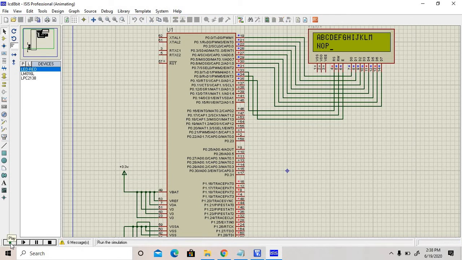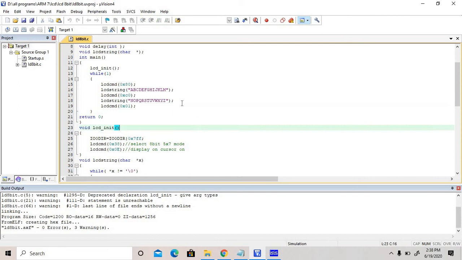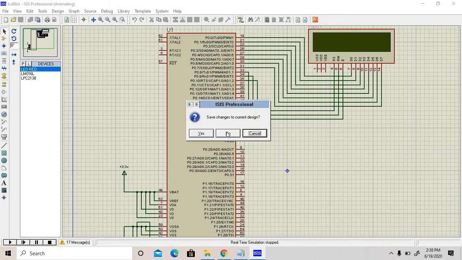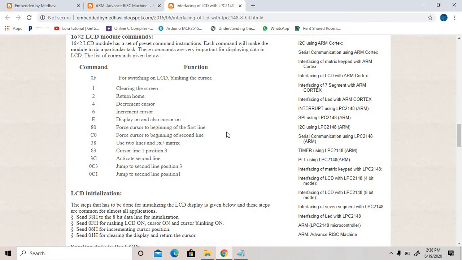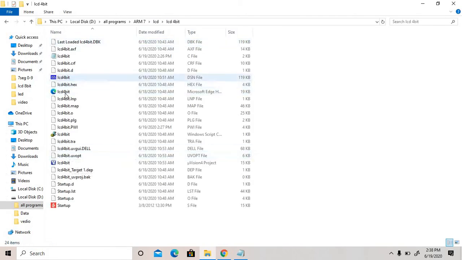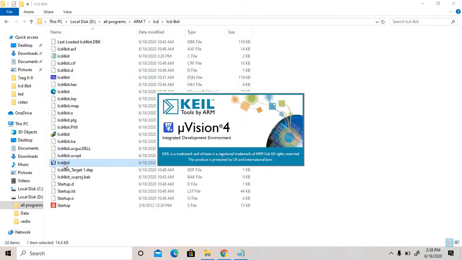Okay, in the first line this thing is there and the second line this one. This program operates infinite times because we have to work on a while loop. Same as in 4-bit mode, this is for the 8-bit. In the case of 4-bit, we have to use only 4 data pins of the LCD. Like this one, the same code is there, only you have to use 4-bit, so shift of,